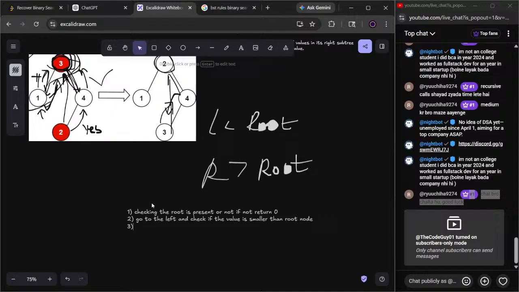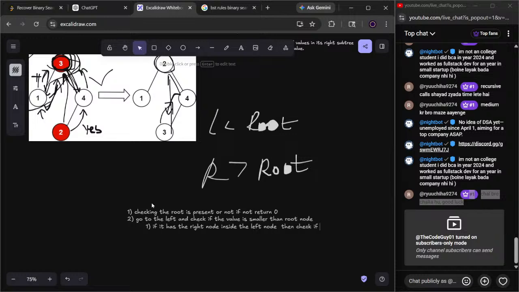Step 3, and even we have steps inside this. If it has the right node inside the left node,